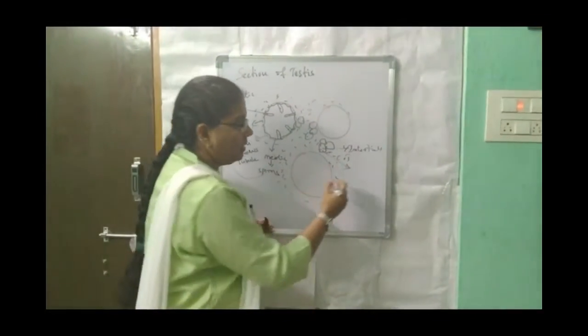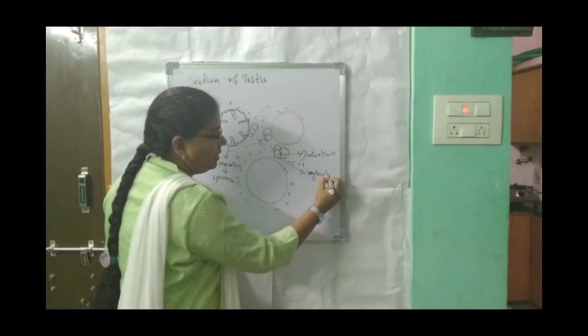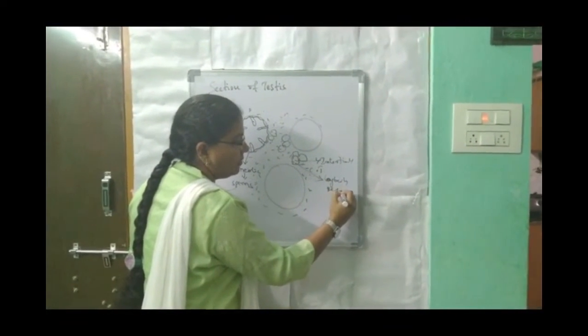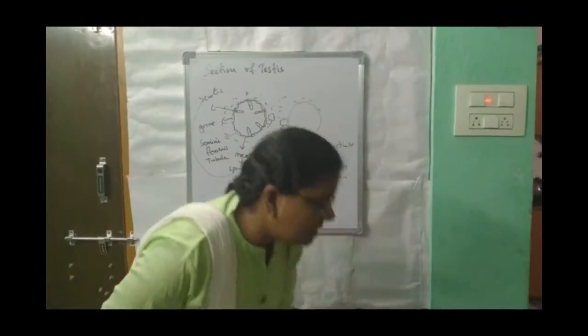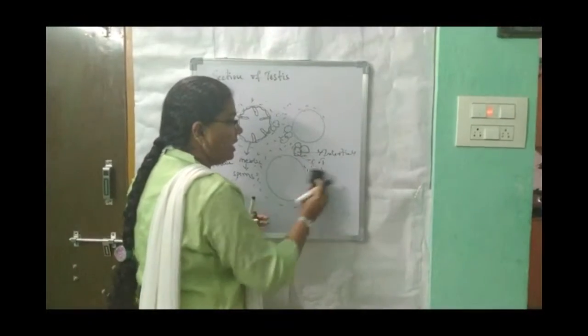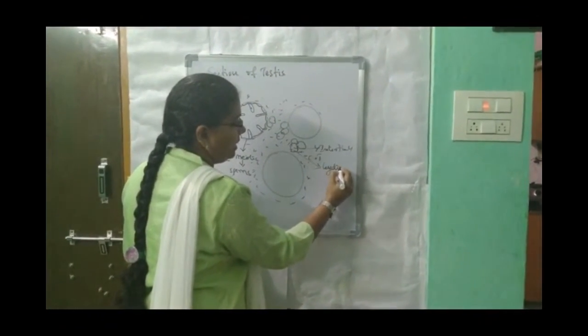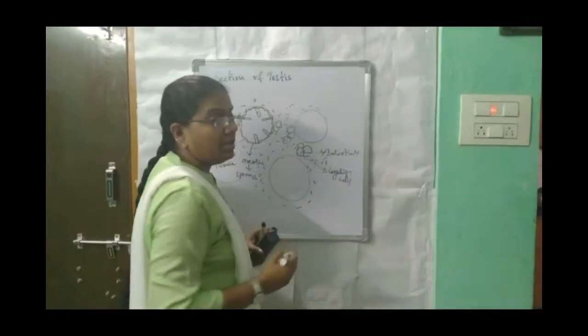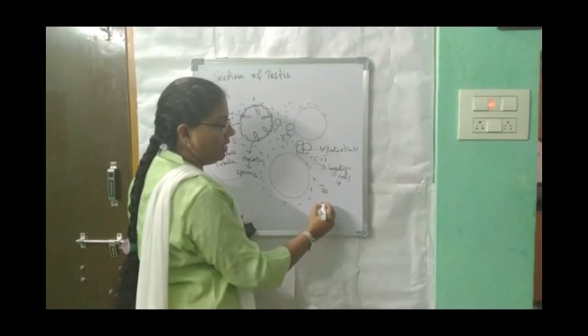That tissue is called the Leydig cells, or interstitial cells. What is the use of Leydig cells? They produce a hormone, which is